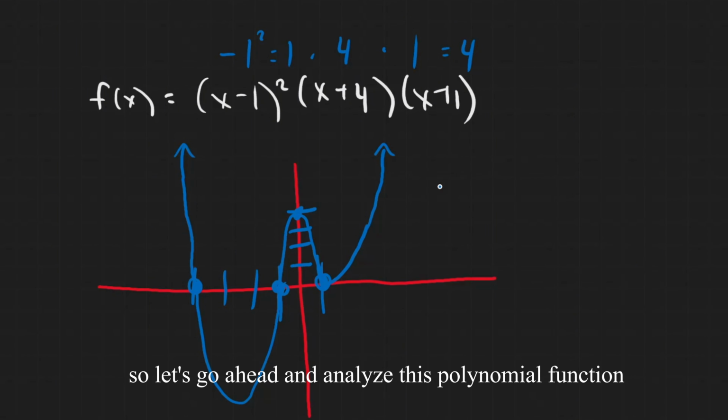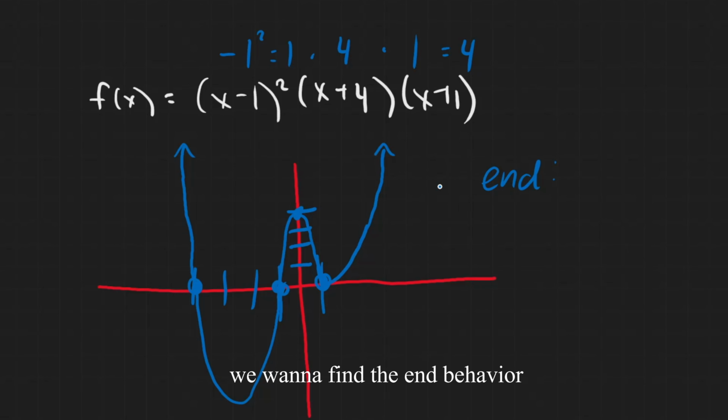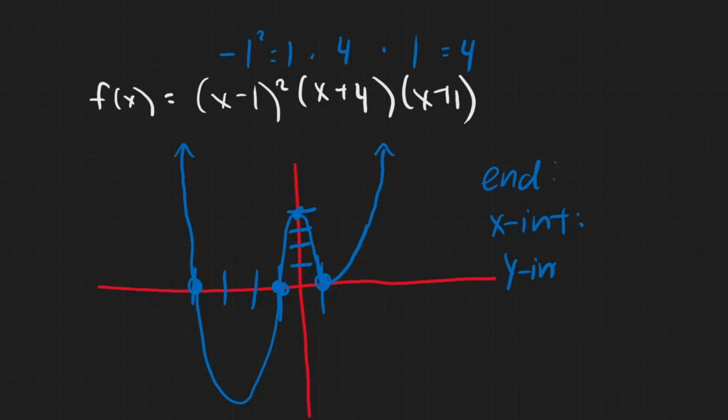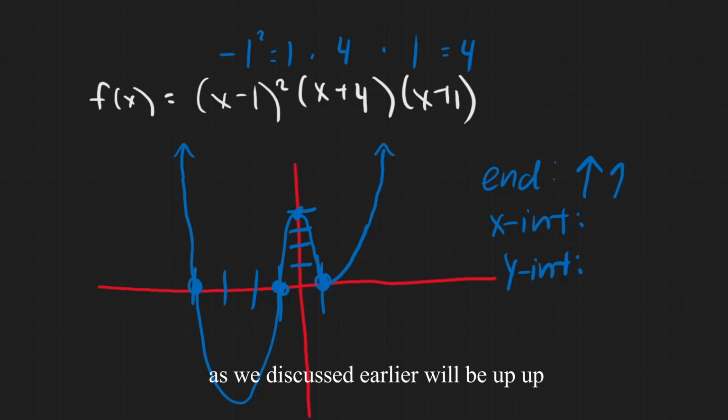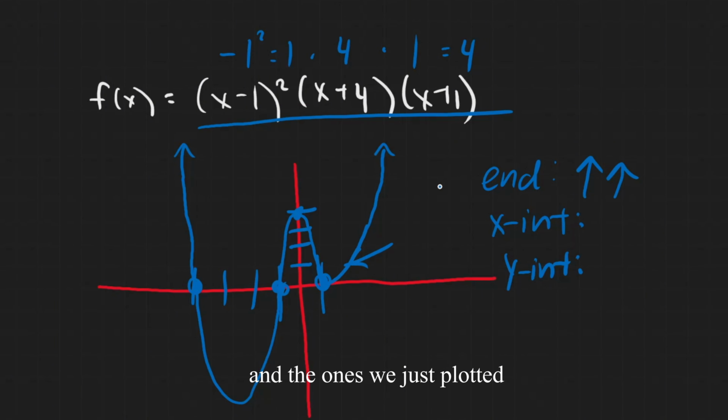So let's go ahead and analyze this polynomial function. We want to find the end behavior, the x-intercepts, and the y-intercepts. Our end behavior, as we discussed earlier, will be up, up. Our x-intercepts are these points given to us and the ones we just plotted,